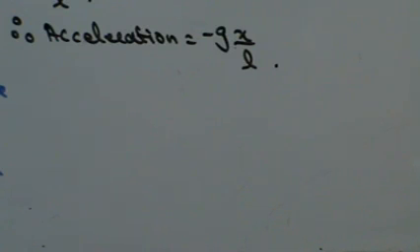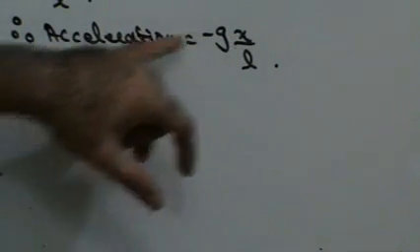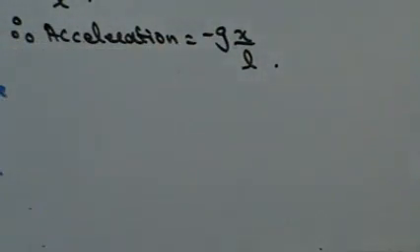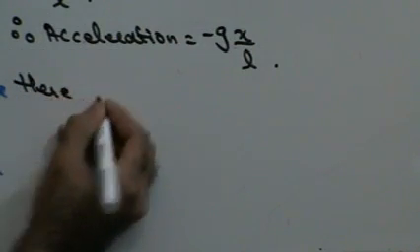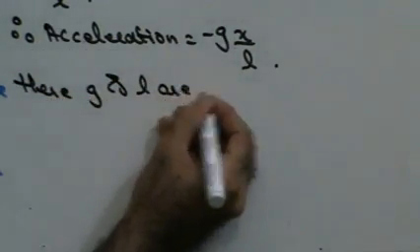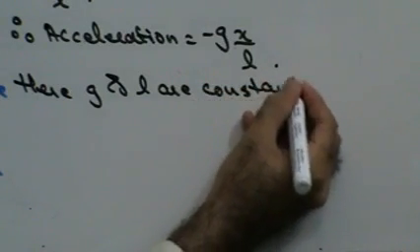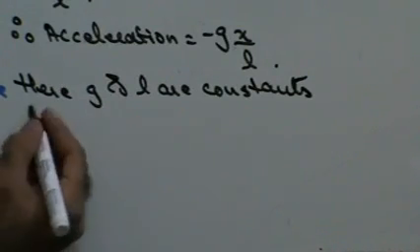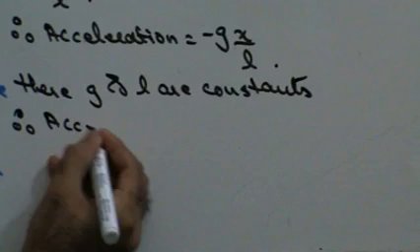That means I can therefore say that acceleration here is directly proportional to the displacement from the mean position, and acceleration is directed towards the mean position. That means the negative sign here indicates that displacement and acceleration are in opposite direction, right? I can say here G and L are constants, right? Since G and L are constant, therefore I can say acceleration